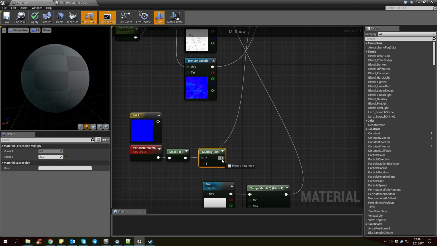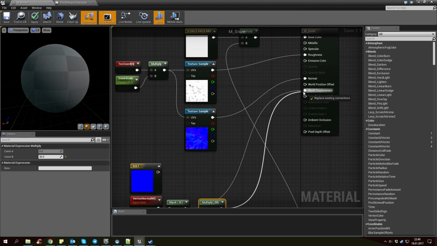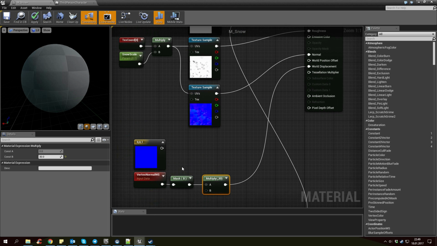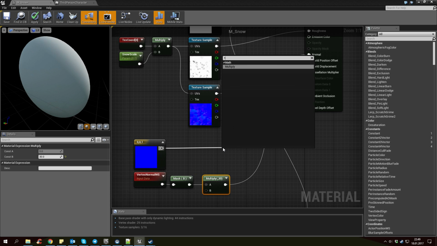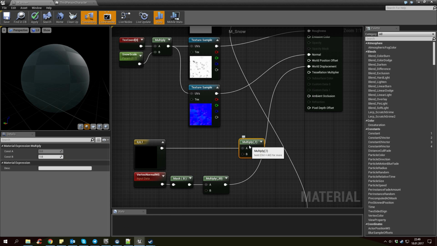30. But if I put this straight into it, it's only white on the top and becomes more dark, it still goes sideways. So we need to multiply this out with blue. That means it only goes in the up and down direction or Z direction. So world displacement,